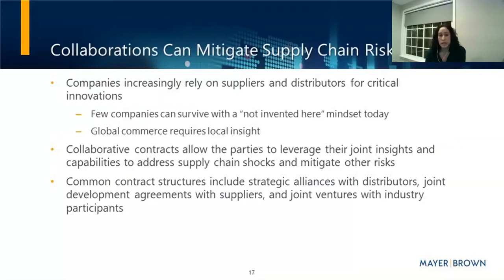Companies are increasingly relying on suppliers and distributors for critical innovation. Sometimes this is because the supplier or distributor has critical know-how that can be augmented with the collaboration. Collaborative contracts allow the parties to leverage their joint insights and capabilities to address supply chain shocks and mitigate other risks. There are various contract structures that can be used to formalize these arrangements, such as a strategic alliance with distributors, joint development agreement with their suppliers, or the parties may choose to form a joint venture to govern the